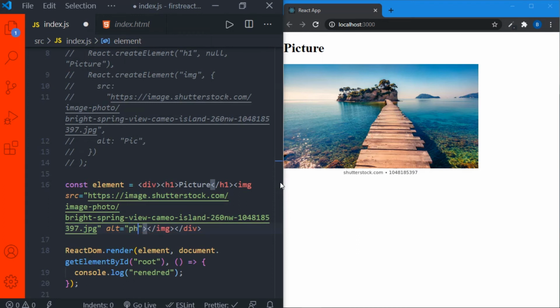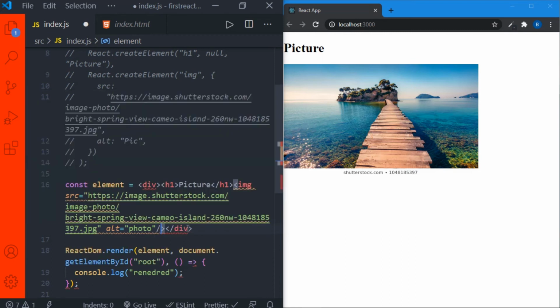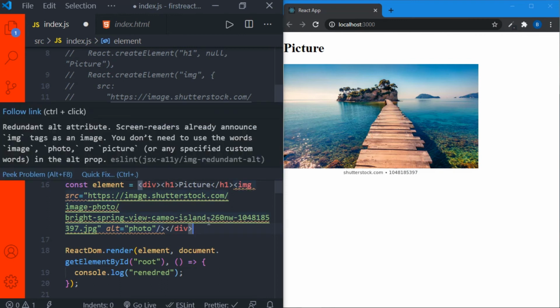See, while using the JSX image tag, we should definitely pass the alt prop also. And as there are no children, I will just self close it. What is this? Redundant alt attribute, screen readers. For image tags, you don't need to use the word image.